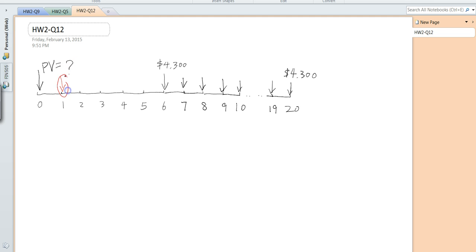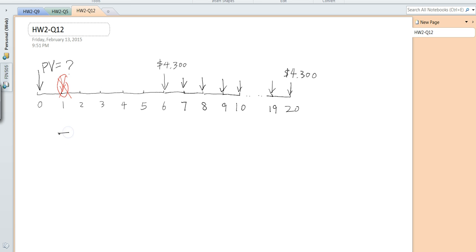But that's not the case. The first payment here starts from year 6. But then how can we analyze this question with the annuity formula? Because this